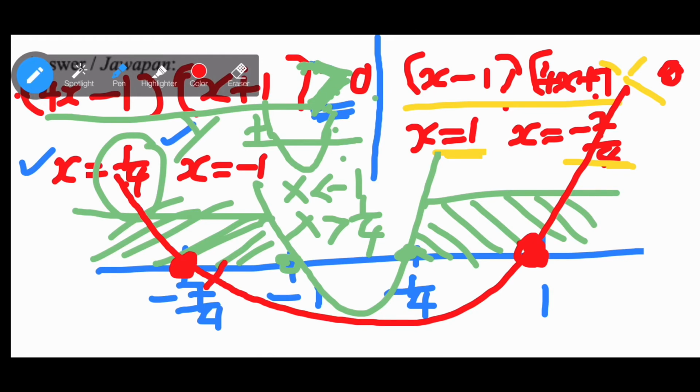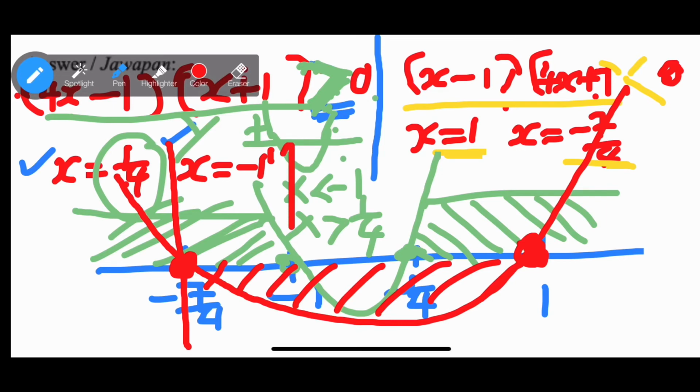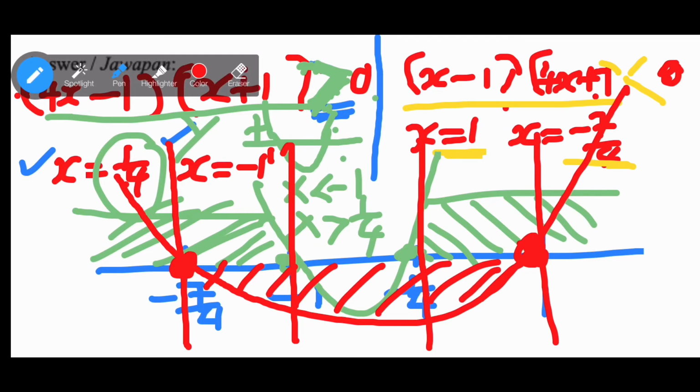So when it is less than 0, it means that y is less than 0. Okay, meaning that you have to shade below the x-axis. It means that the function is negative. So it's very important that you know the less than 0 actually refers to the y value. Okay, now after you shade the negative part, the function below the x-axis, in red color,